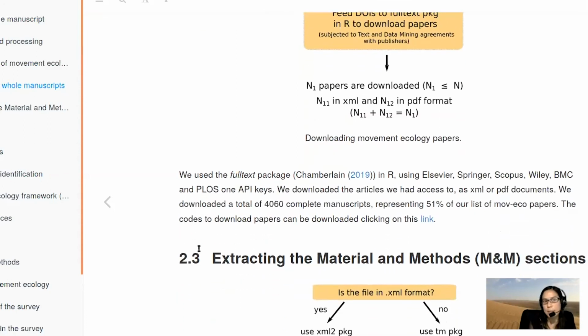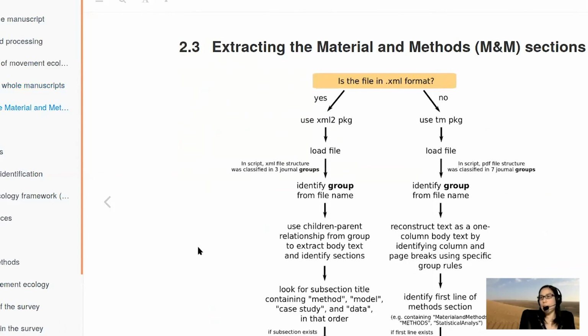So this is the other thing, because at some point in the talk, I mentioned that I analyzed abstracts, but I also wanted to analyze the materials and methods sections of the papers, because one of the things that I wanted to check is which kind of software they use for the analysis, or what kind of GPS device they use. Most of the time, these things are not in the abstract, and they're in the materials and methods section. So I wanted to extract this section of the paper, and